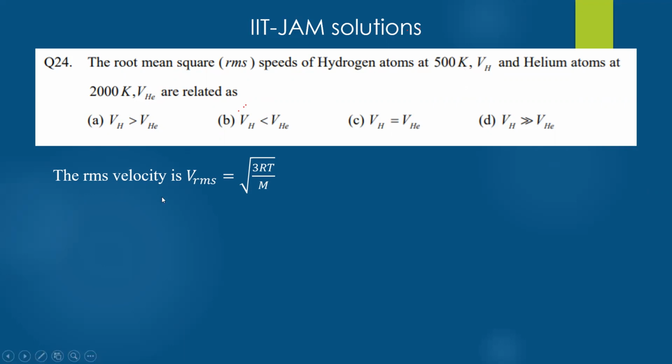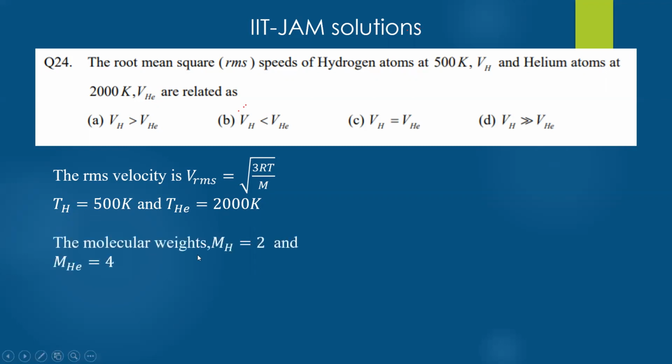We have the expression for RMS velocity: V_RMS equals square root of 3RT by M, where R is the gas constant, T is temperature, and M is the molecular weight. Temperature of the hydrogen atom is given, that is 500 Kelvin. Temperature of the helium atom is 2000 Kelvin. They are given. And the molecular weight of hydrogen is 2, and for helium it is 4, because the hydrogen